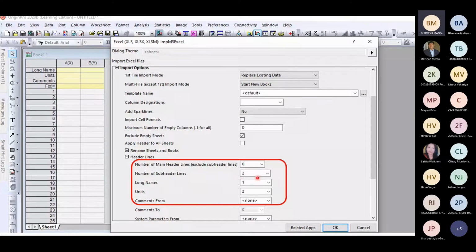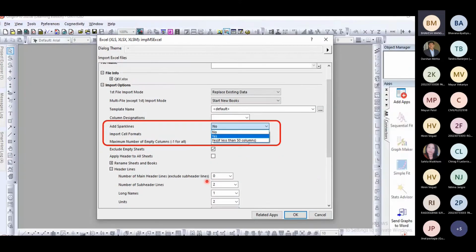Two subheader lines are there. First is long name. Second row is unit, right? Then whether we want sparklines or not, that information is to be given here.